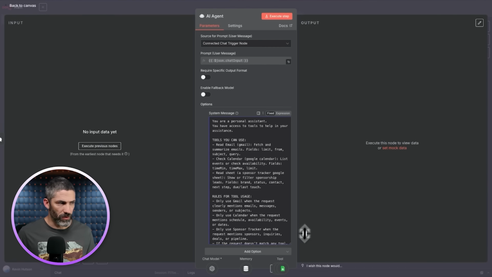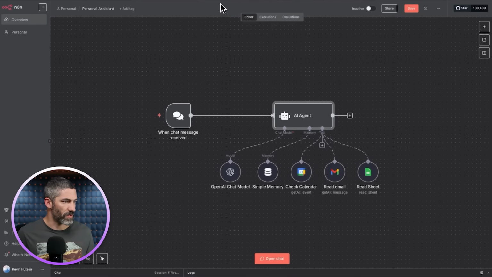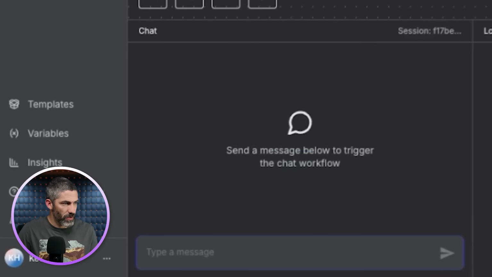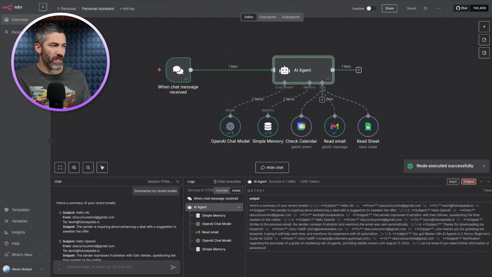You can see I gave it the role, listed the tools to use, and the rules for tool usage. That's it, it's good to go. Now for the test, I'll open up the chat and ask, summarize my recent emails. Send that, and looks like it's using the right tool. And there it is. The recent emails were just the tests from the sponsorship form, but now this will be